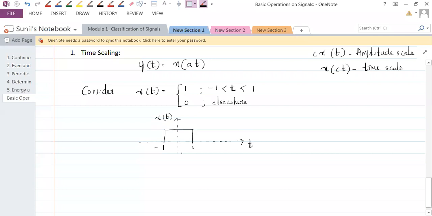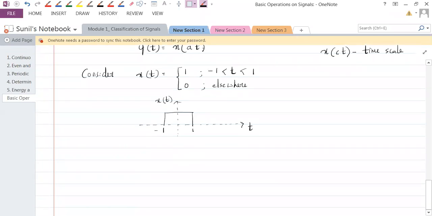Now what I'm trying to do is this. Let's just extend the y-axis down. Okay, and see what I'm going to do now. Just observe here everybody. x(2t) I'll do. What is x(2t) now? Anybody? I'm trying to double the time axis. I'm multiplying the time axis by 2. So that means 1 will become 2, 2 will become 4, 4 will become 8.